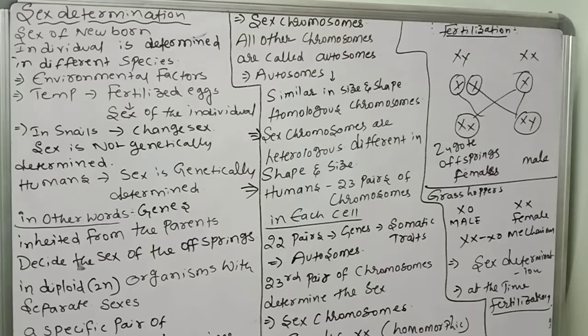X0 is the only one chromosome in the males. So in grasshoppers, only one chromosome is there in the males, that is X0, only one X chromosome. But if you see the females, what is there? XX is there, both are there. So in grasshoppers, one will become female and one will become male. That kind of identification of sex of the grasshoppers